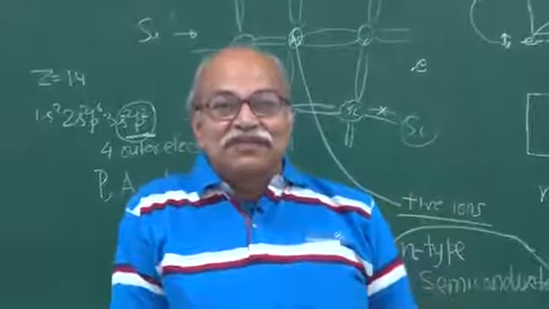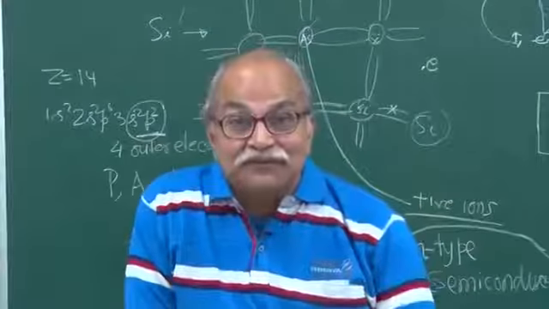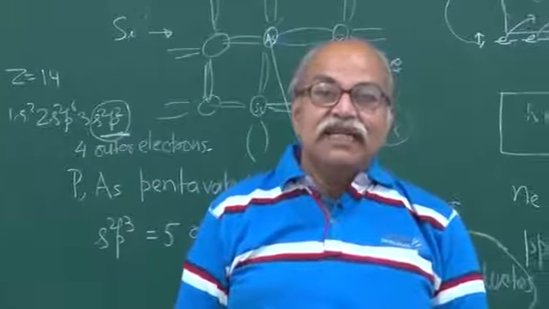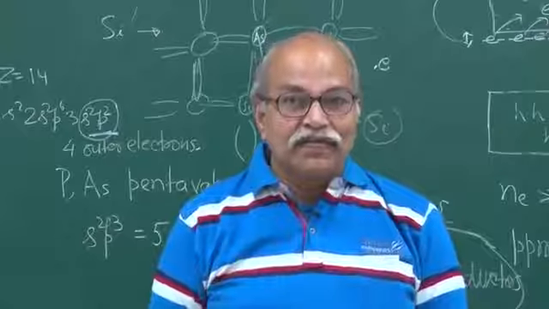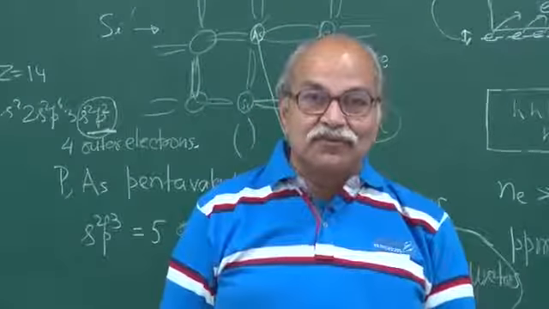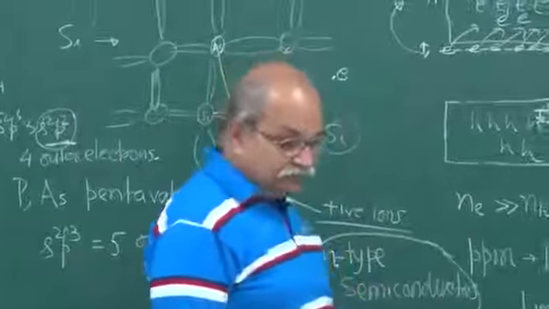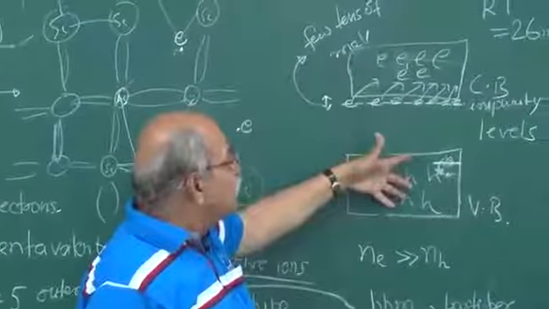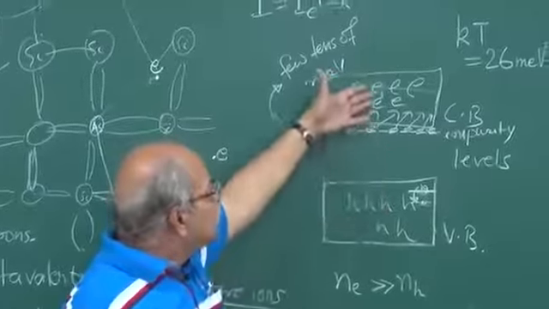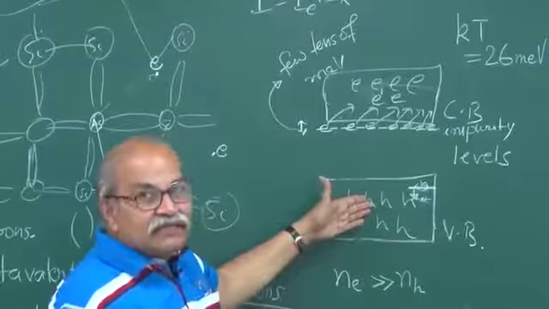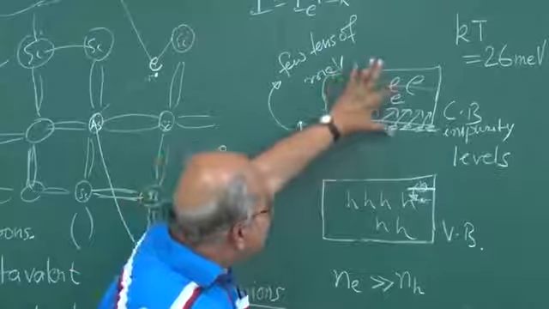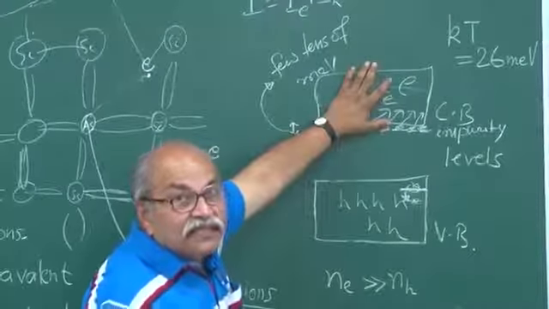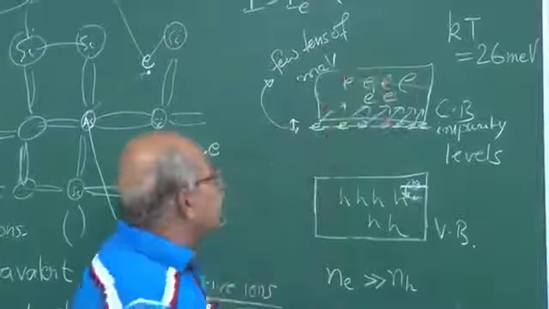This number of holes, that density goes down. You remember, you always have a generation of electron-hole pair and recombination of electron-hole pair. If you have a small number of electrons here, an equal number of holes here, there is some probability of an electron going and filling a hole. But if you have a much larger number of electrons here, you have increased the number of electrons, then the probability